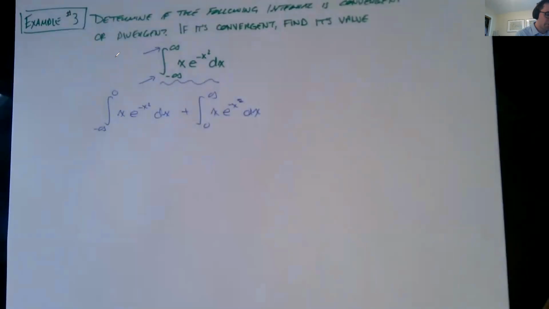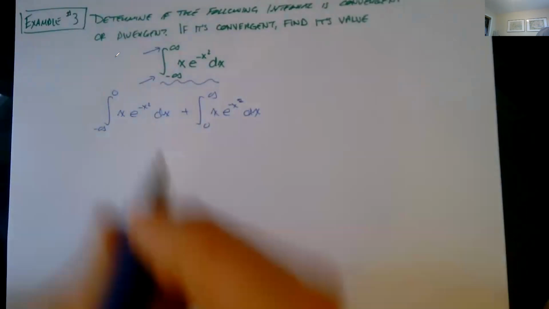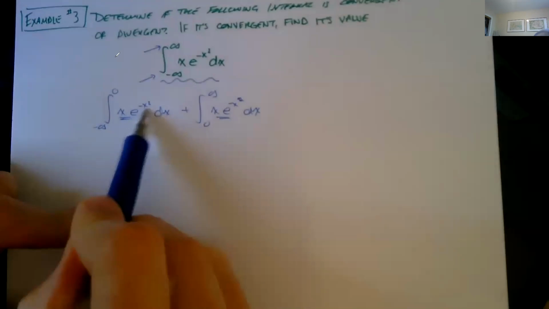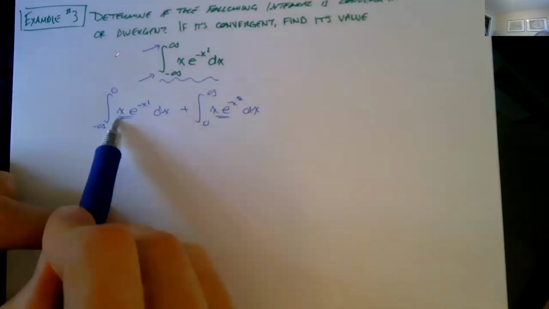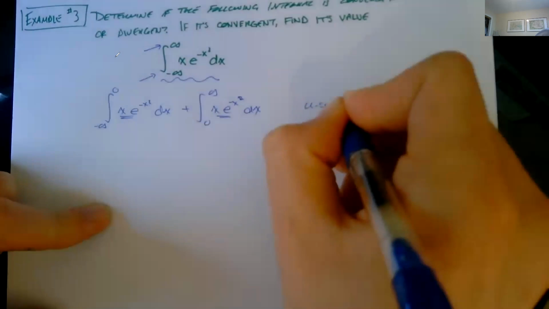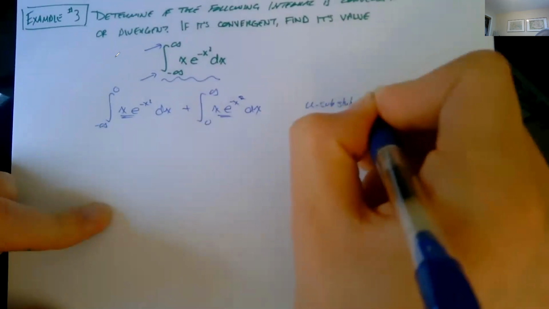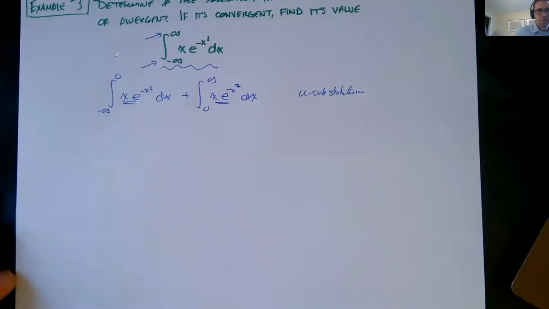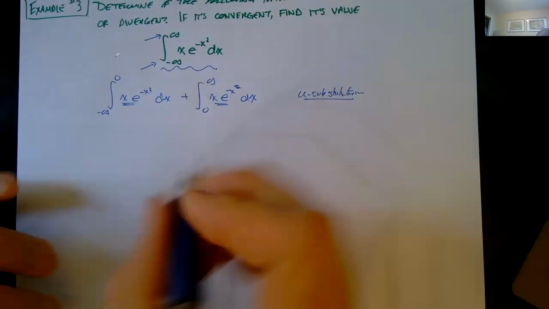And now I need to figure out how to find the antiderivative of these functions. These look pretty complex, but you have the skills to do this. If I examine these, I see I have an inside function with its derivative hanging around. That is key to reveal that I will use u substitution in this case. So let's break that down.